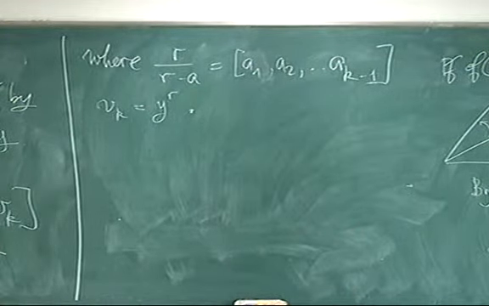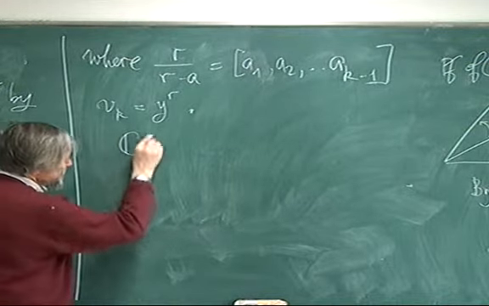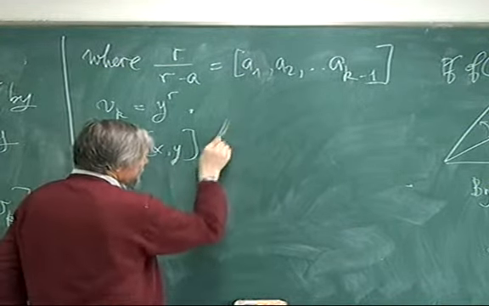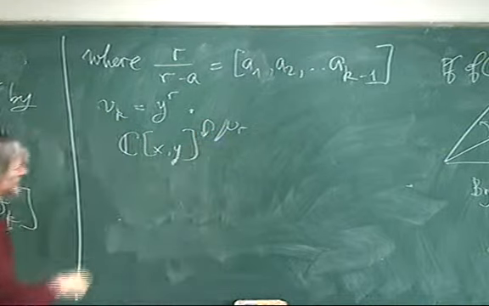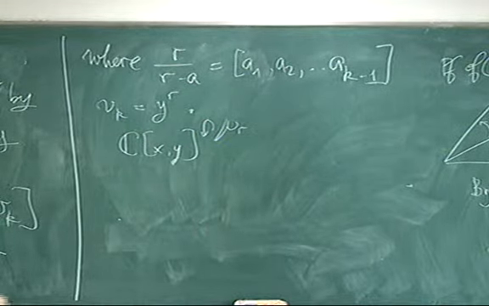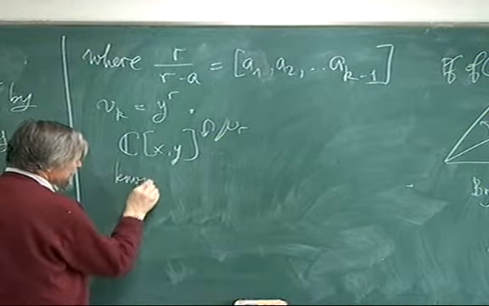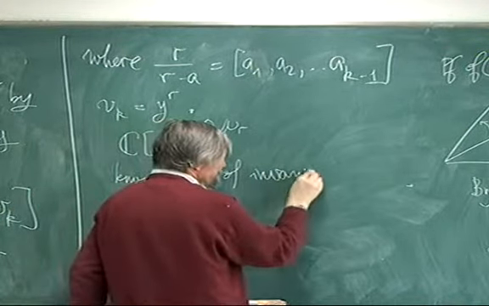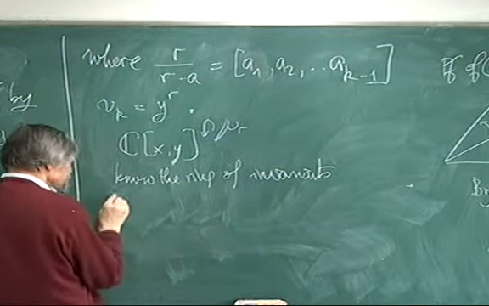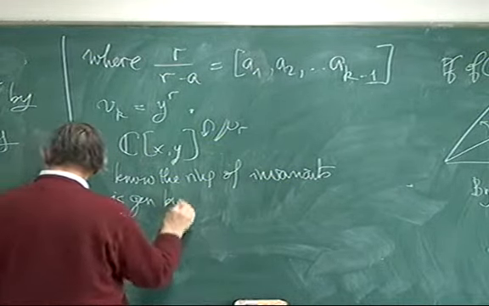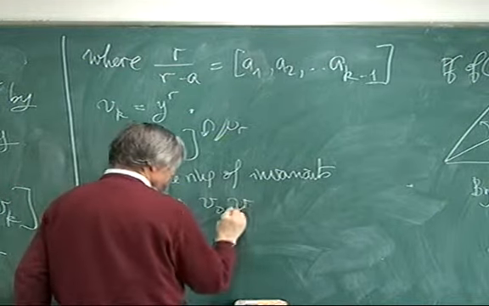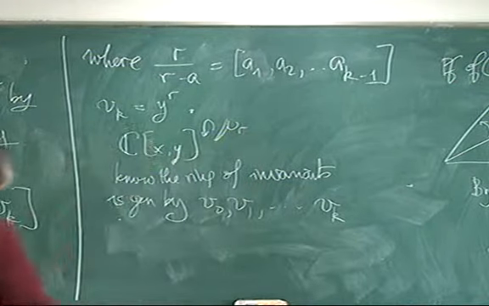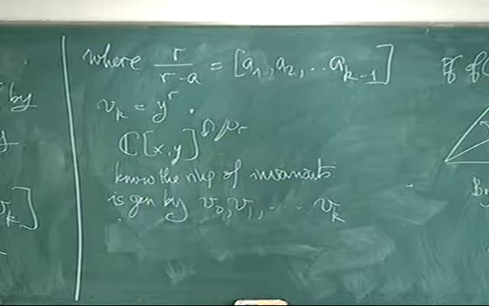So in other words, I start off with a polynomial ring in two variables x, y, and a little group acting on it, a bit like a Galois group acting on a ring, and we know the ring of invariants. It's generated by these V0, V1, up to Vk, given by these formulas. And then the relations are,